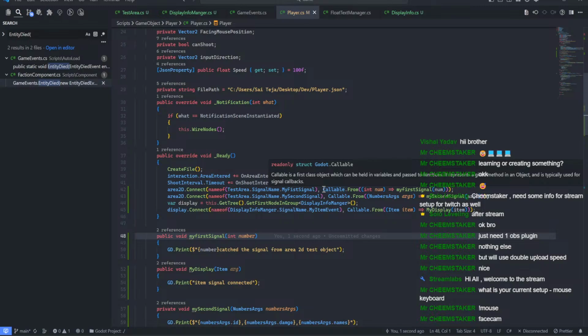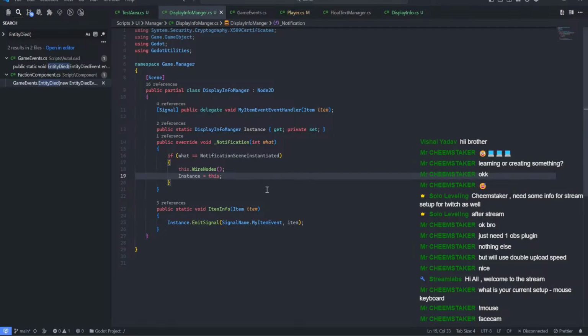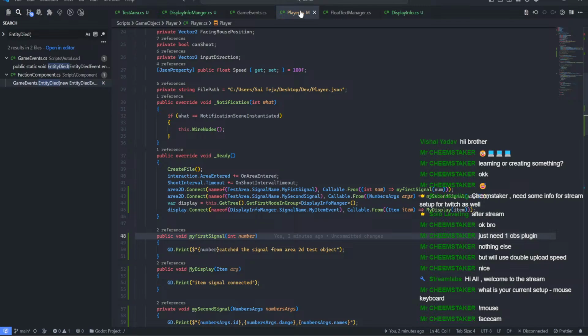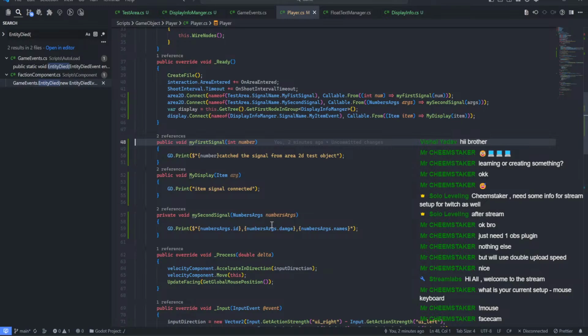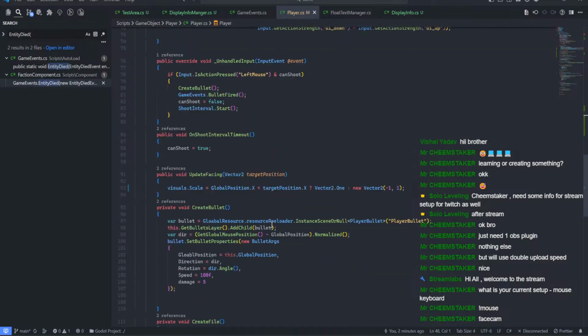Okay, how long has this been over stream? So let's take a break, guys. Tomorrow, maybe if I have time, I will be streaming. So today is a great progress. The only thing that didn't work is autoloads. I will look into this. I'll try to resolve it in the next stream. I'll tell you how I fixed it. Thanks for the